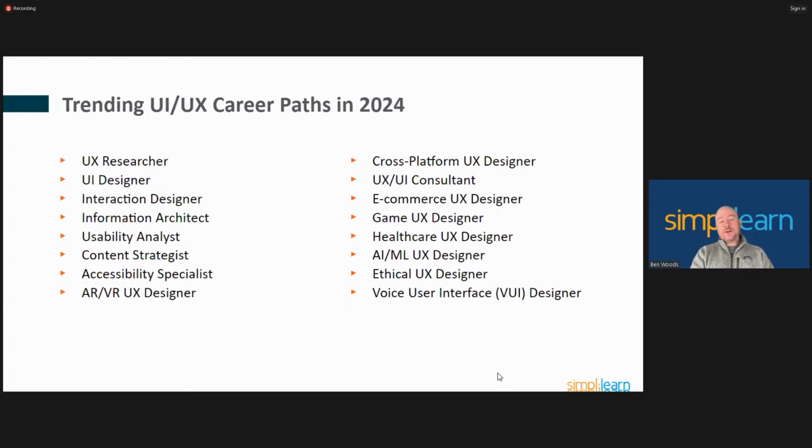Content strategists, AR, VR. AR and VR is a very interesting area. I was an early adopter. I had the Google Glass when it came out, I guess 10 years ago or so. And it's interesting. I see there's a question in the QA window about industrial AR, and 100%, I was involved in a little bit of that. I know a lot of companies have been using AR in the industrial space, especially for repairs, service, that sort of thing. I think it's going to be really interesting to see what happens when certain products, for example, Apple's product, whenever it actually gets into the hands of the consumers,